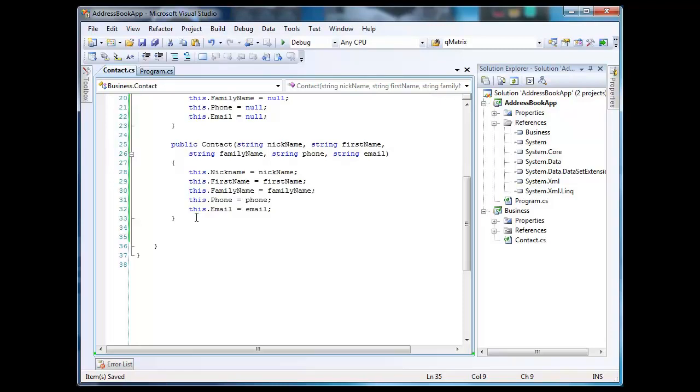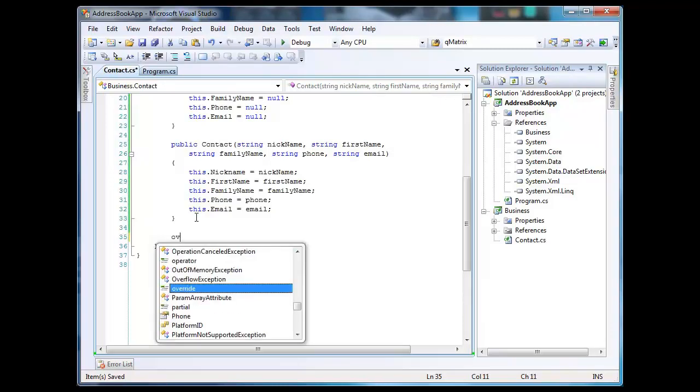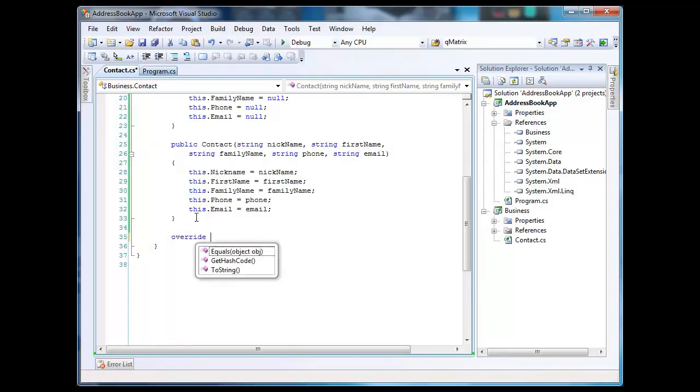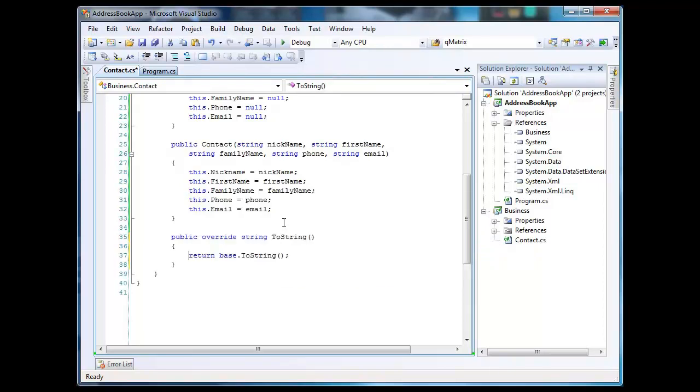So here I could try to type override. So override toString. As you see here, I'm inheriting everything from the object class, so it offers me what functions to override from that object class. I have the equals, GetHashCode, and the toString. What really matters for me is the toString function. And once I hit enter, it just automatically